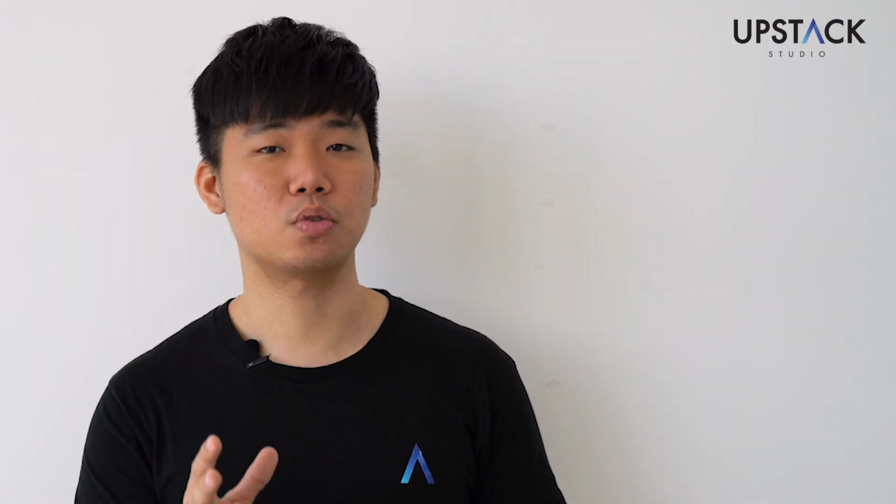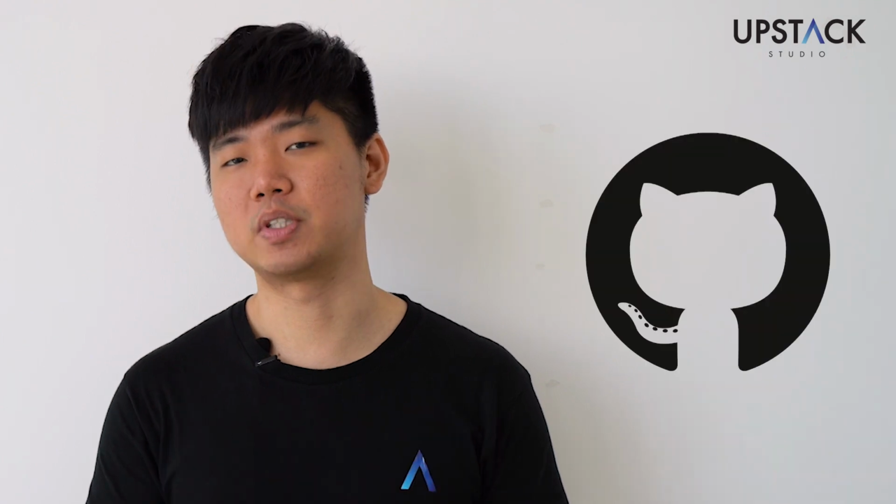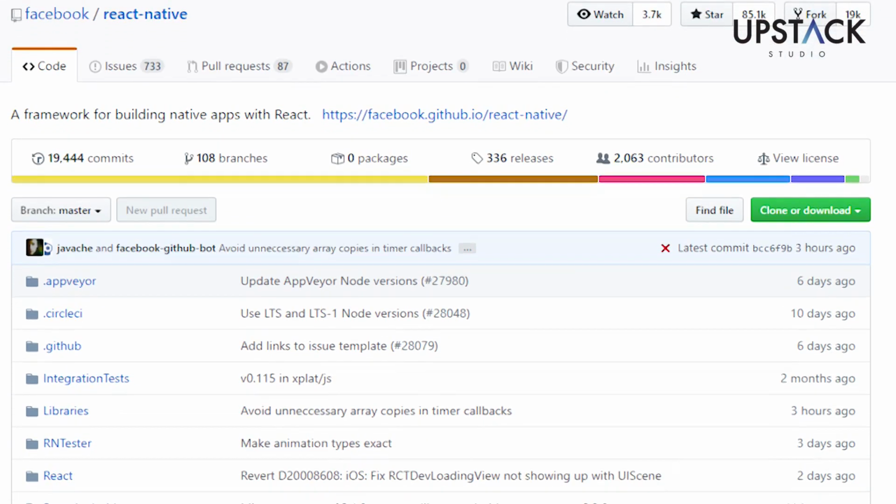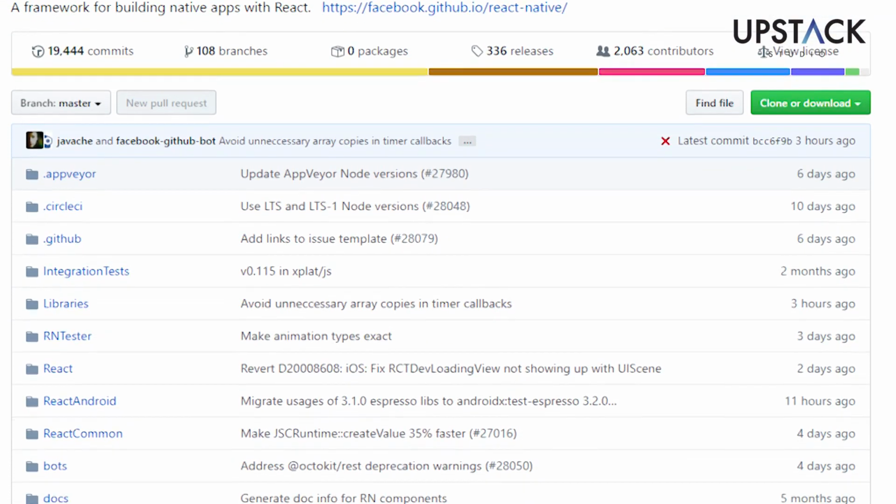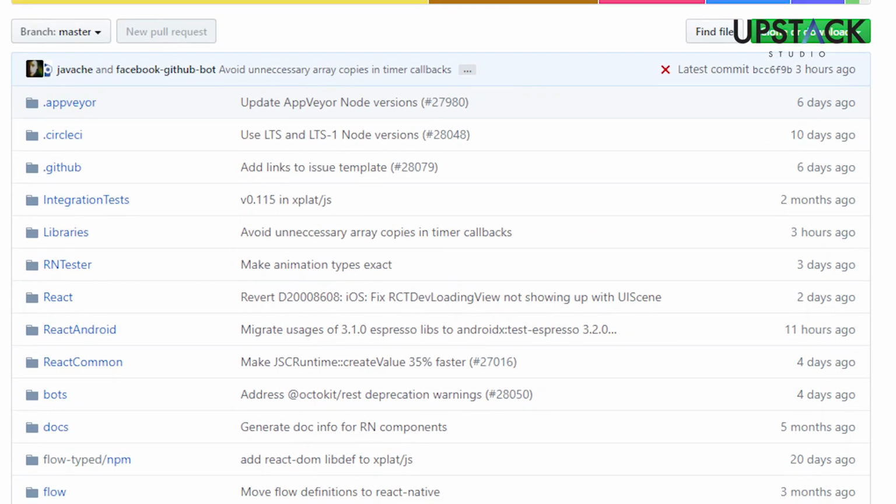The next best place to go to is of course the GitHub repository of either React Native or any other packages that you are using for React Native. If the issue you are facing is code related, you should consider checking the open issues in the repository. If you cannot find an existing issue, you can always create an issue with a minimal example for easier troubleshooting. Facebook's React Native team is working on the core of React Native with the help of the community, while the other packages you are using might be maintained only by the members of the open source community.